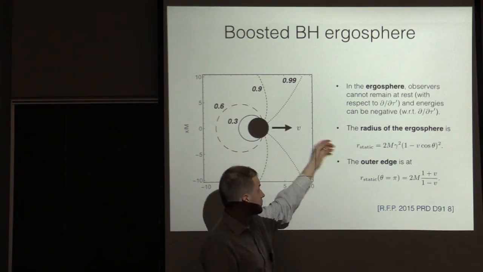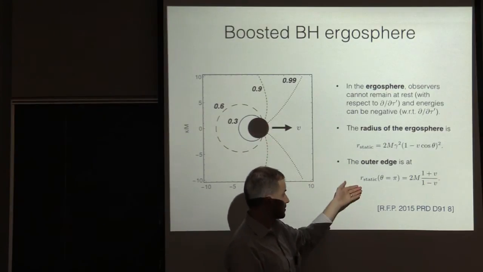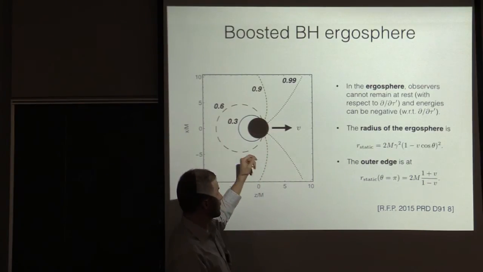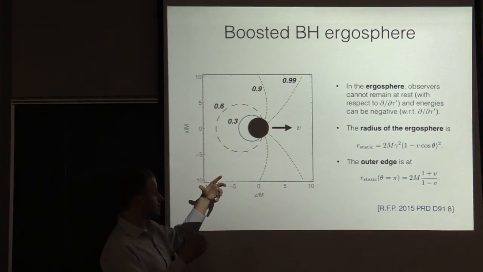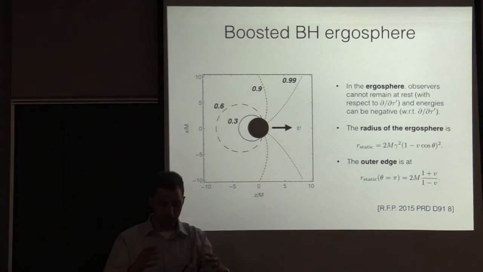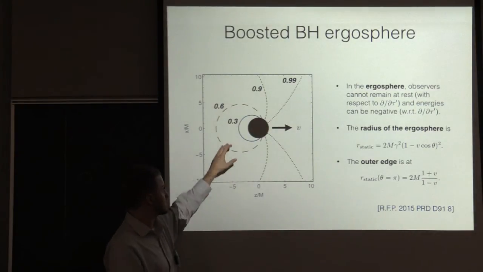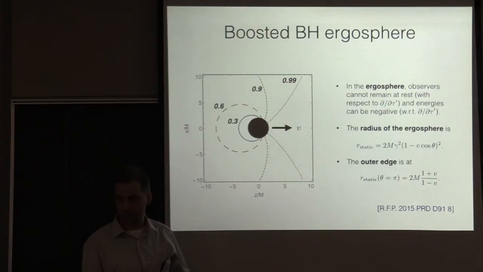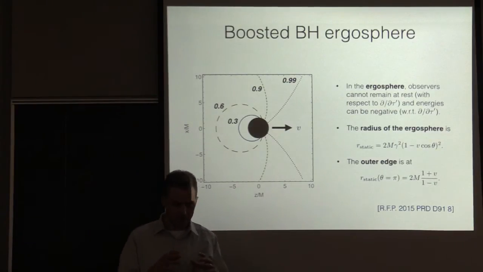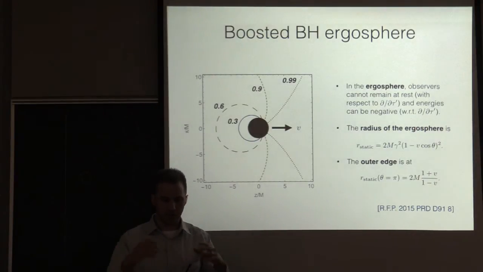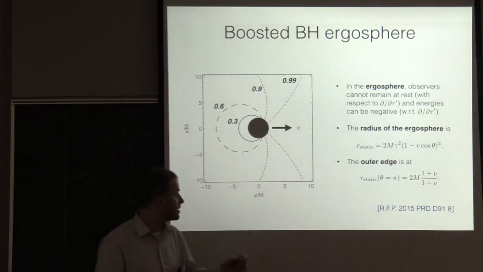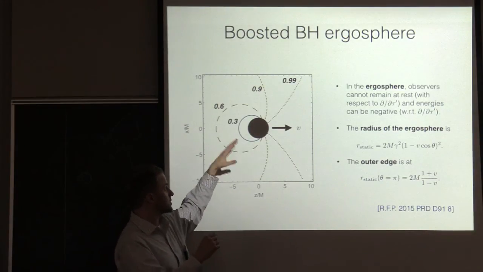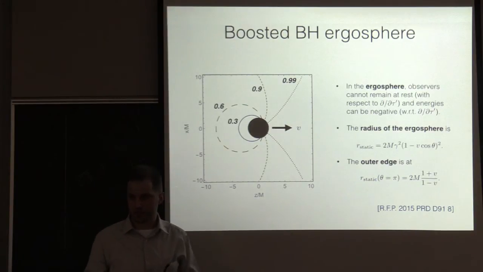There's a simple formula for the shape of these curves, a really simple formula for the outermost point. Interesting things about it. First of all, for a Kerr black hole, a spinning black hole, the ergosphere is always centered on the black hole event horizon. For these guys, the ergosphere lags behind the black hole in a funny way. Another interesting thing is that for a spinning Kerr black hole, the ergosphere has some finite extent. So no matter how fast you spin the black hole, it can never expand beyond this limit of 2GM over c squared. But for these black holes, the faster you go, you can make this ergosphere arbitrarily large, which is kind of weird.